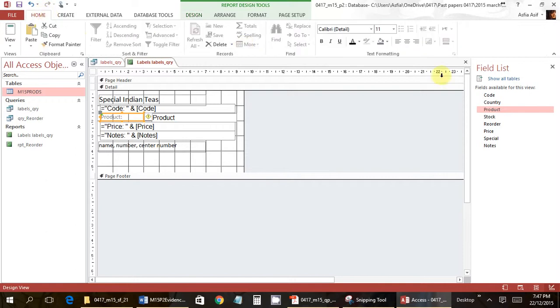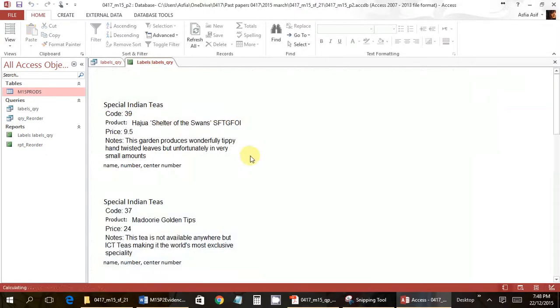Okay, we needed a count of the product for each country. So what you will do here: country, group by, and produce a count function on the product, sum the stock, and